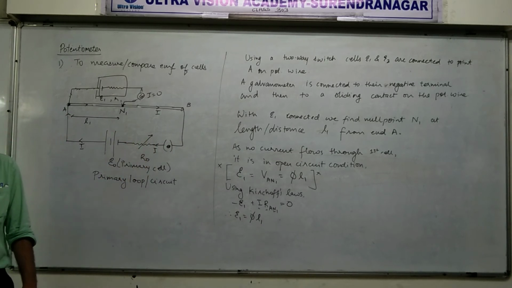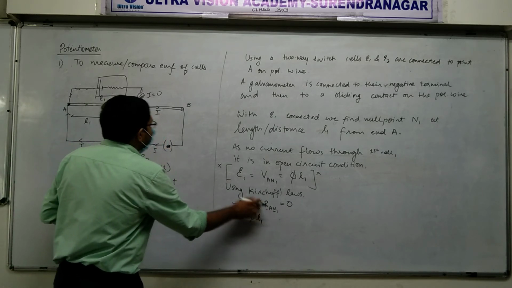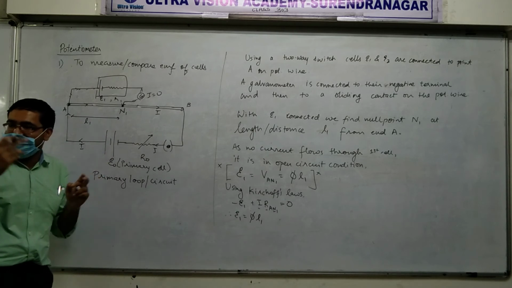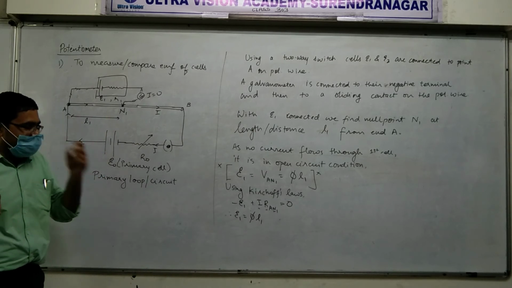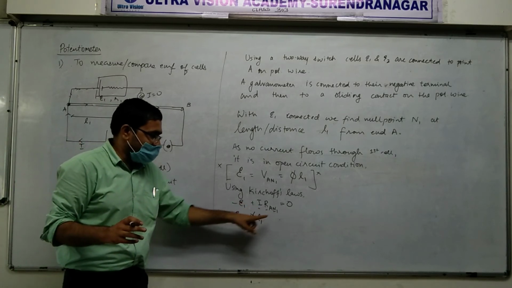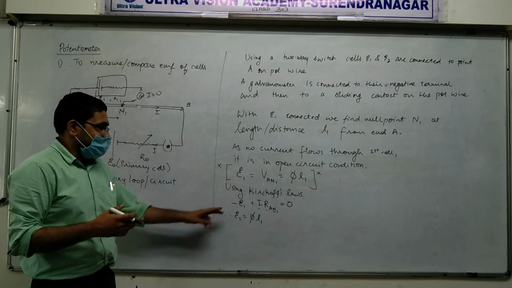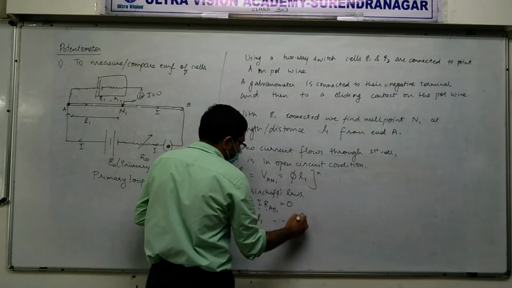But already, I repeat, I into R is the voltage. Voltage between 2 points is equal to phi into L. You have the potentiometer basic idea, and I will give the potentiometer principle. Voltage between 2 points A and N1 will be phi into L1. So this is what we have for the first step. Call it equation 1, however you derive it.